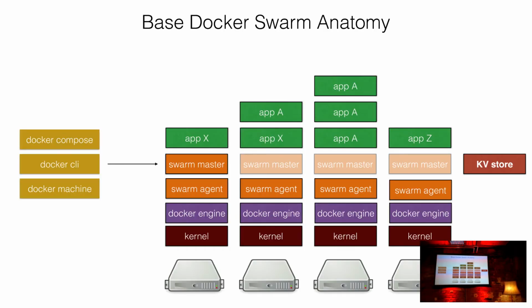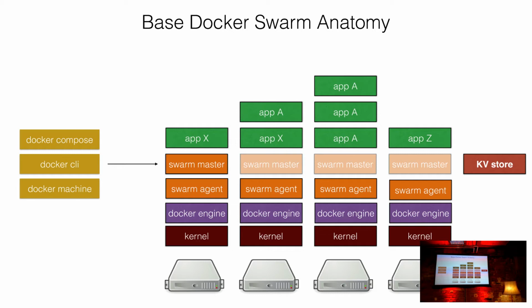However, the structure looks slightly more complicated. We don't have a single host, but we have multiple ones. We have the kernel, we have the Docker engine. Docker Swarm relies on two additional components, which are the Swarm agent, which runs on every host, and the Swarm master, which in your best case should run on every host or instance, or at least a couple of them, because the Swarm master agent